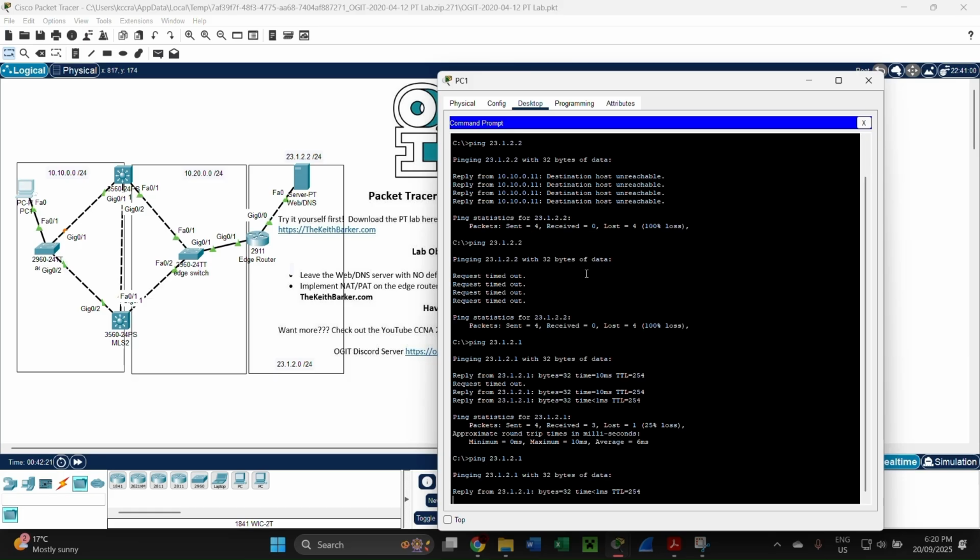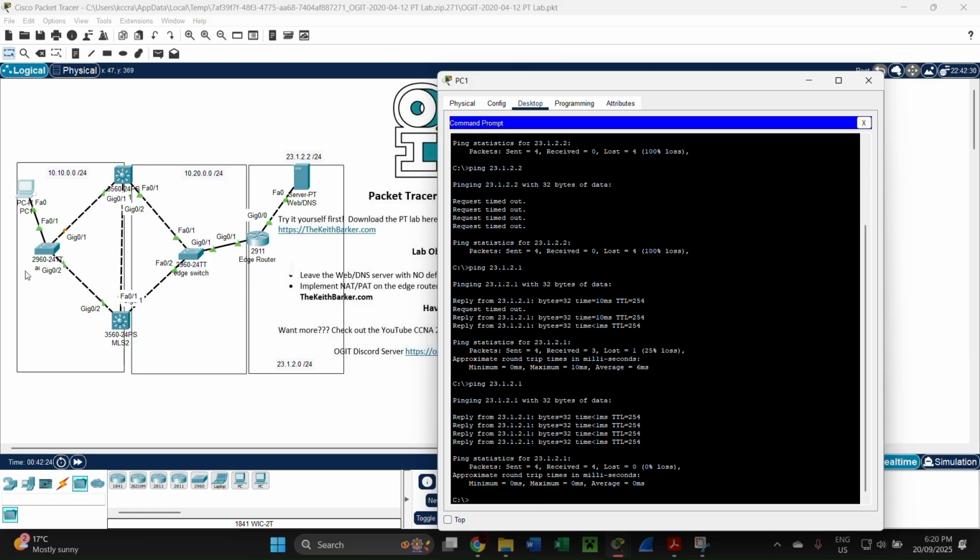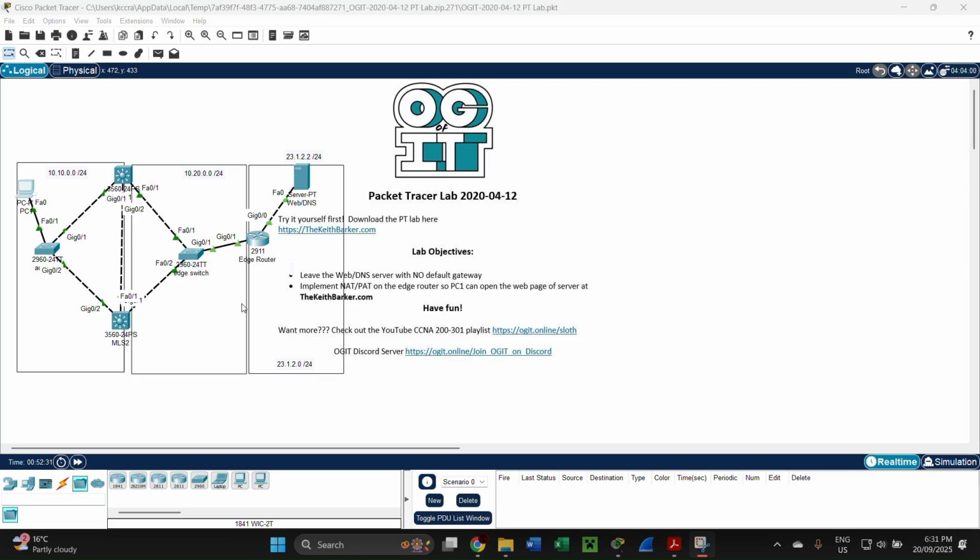So we essentially can ping all the way up to here. We can get out of our edge router, but we still cannot connect to our DNS server from our client PC. So how we are going to fix this is we can assign a static NAT from our edge router that will be essentially our gateway to allow our PC to talk to our DNS,